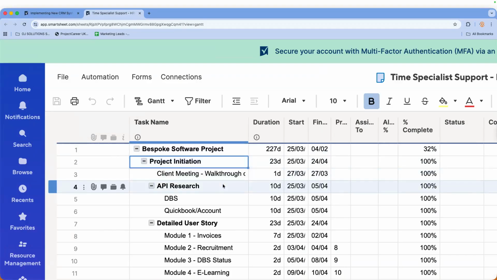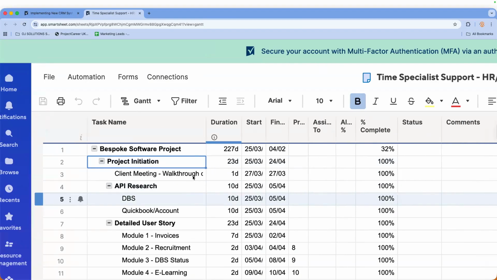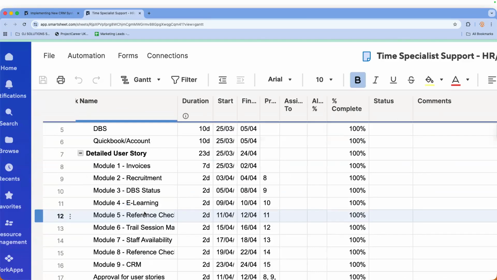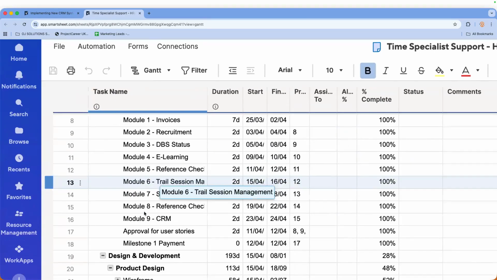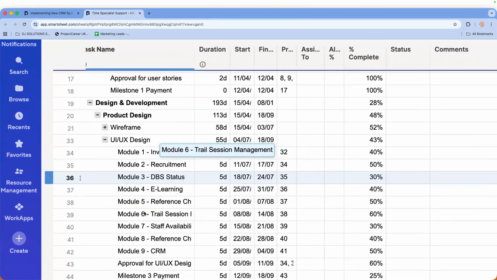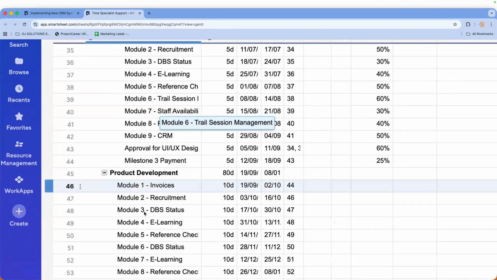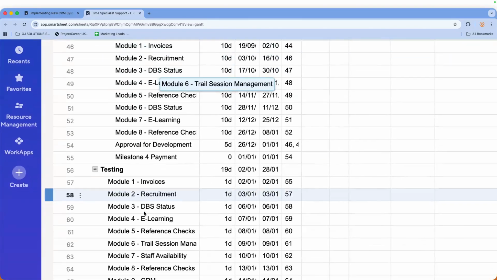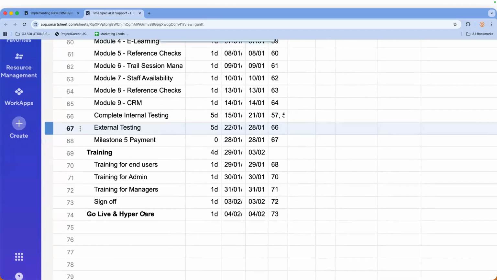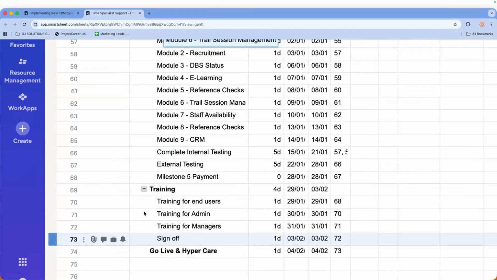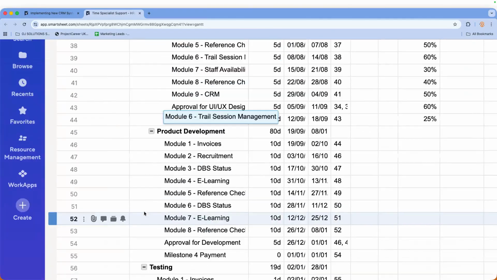I'll show you another one. So here you go with this. Again, high level, it's a bespoke software project. You've got the initiation phase, and then you've got all the activities within that as well, right? So everything line by line is all on here. The whole idea of this is, again, as a PM, you can come and look at it and just understand where you should be.